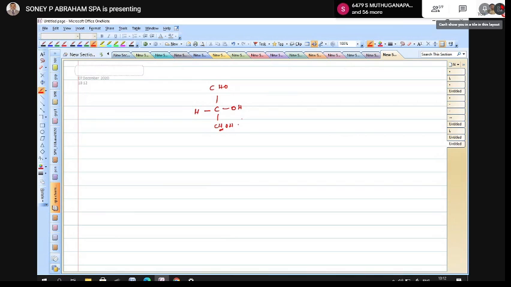And if the OH group is coming on the right hand side, it will be assigned the configuration D. D plus glyceraldehyde,